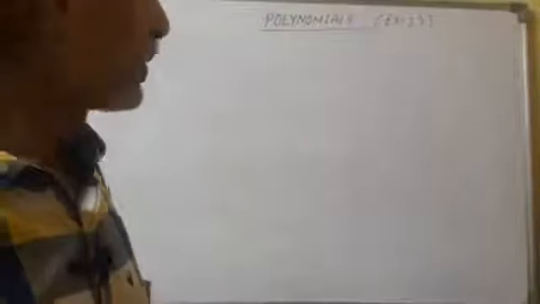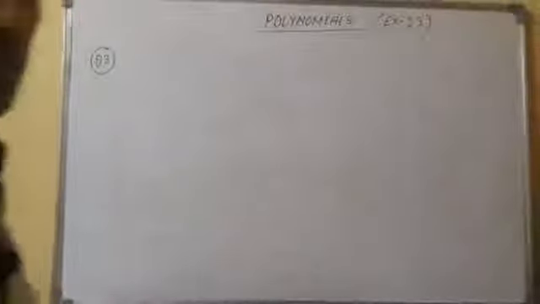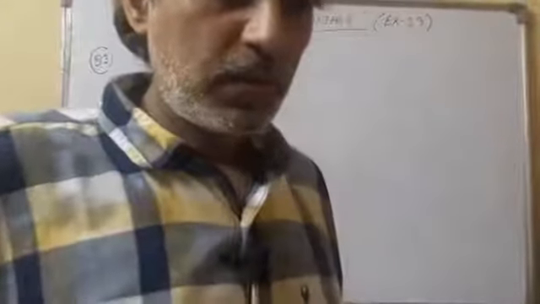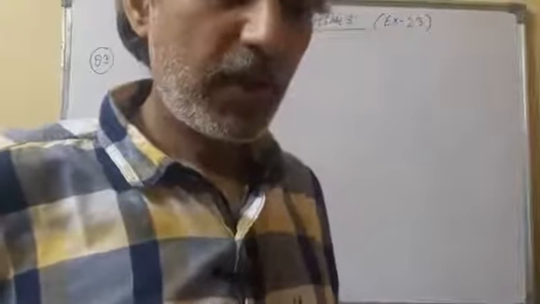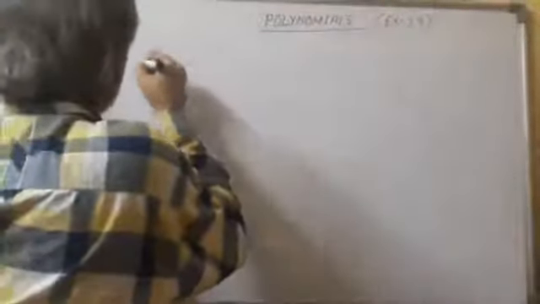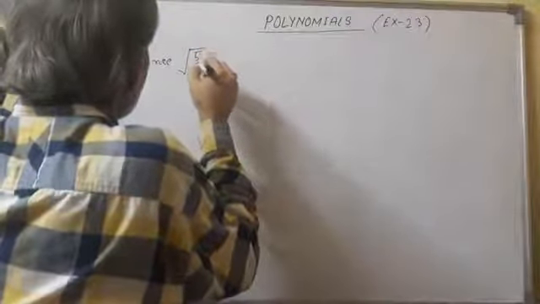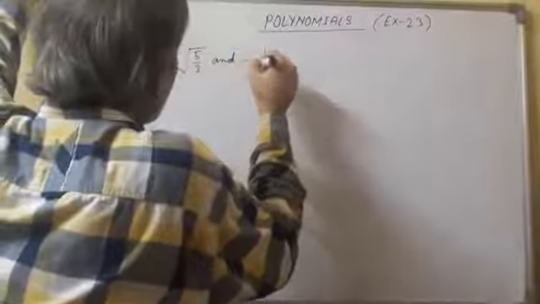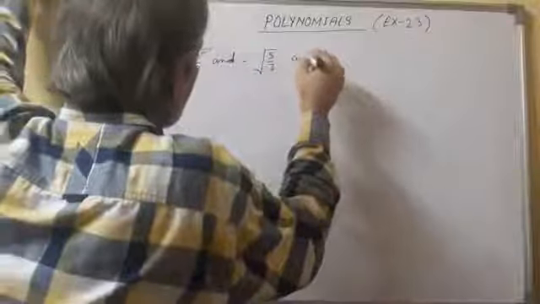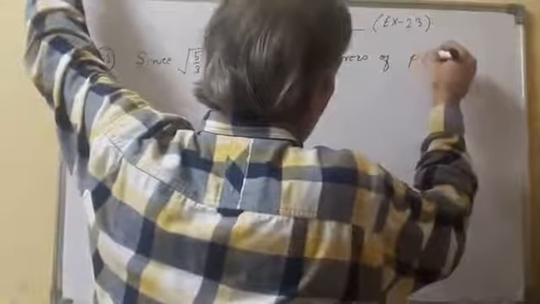So I have solved one part each of question 1 and question 2, and the other parts are to be done in the same way. Now I am moving on to question number 3, which is a different one. So it's a biquadratic polynomial, so it will have 4 zeros at the most, out of which 2 zeros are given, and the given zeros are root 5 by 3. Let's say the given polynomial is px, name it.